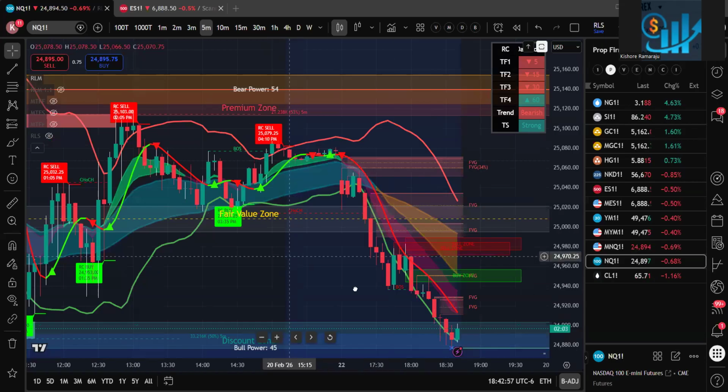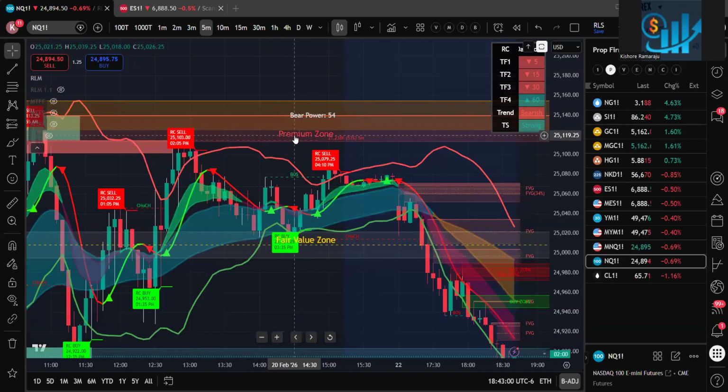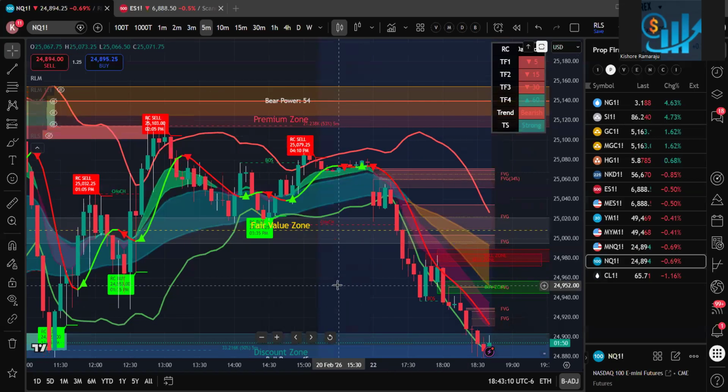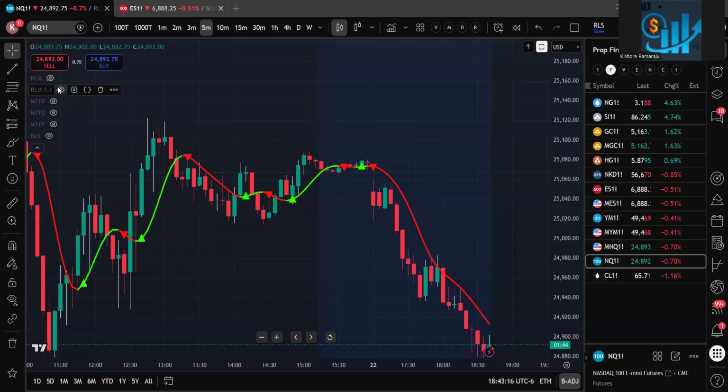So for example, here price came to the premium zone where power is above 45. You got a sell signal. So it came all the way down. Again, it went a little bit up. You got again a big sell signal. That is in RLM. You got a sell, you got a buy, again you got a sell. For example, if it was the same thing, if you would have used RLM 1.1,